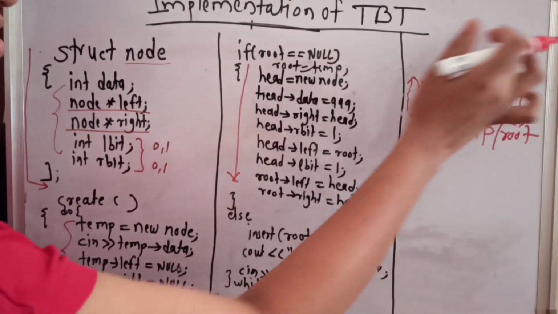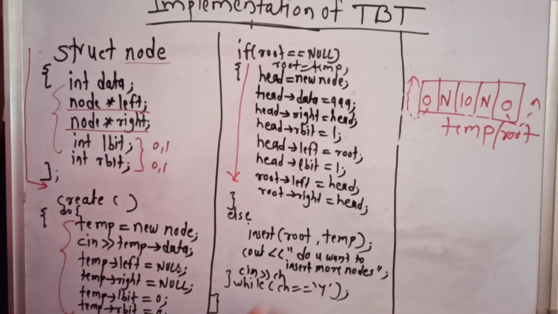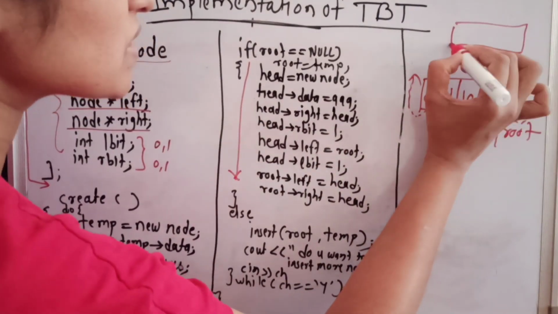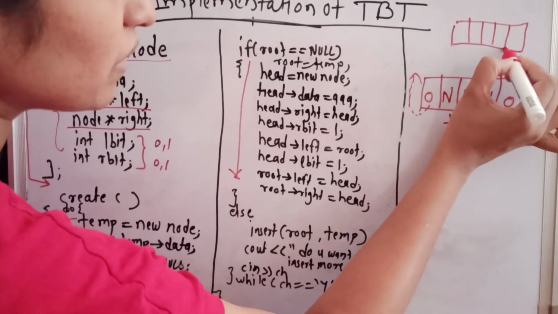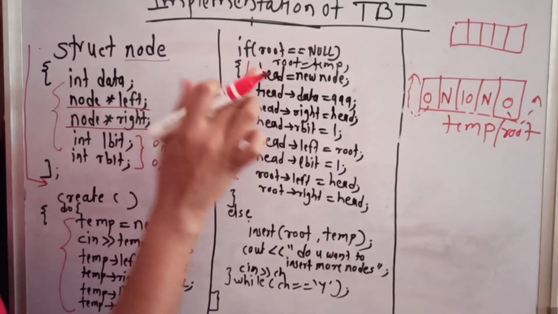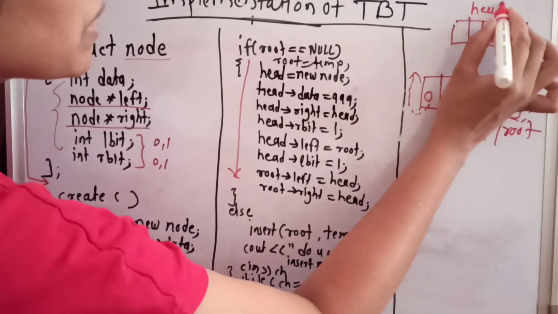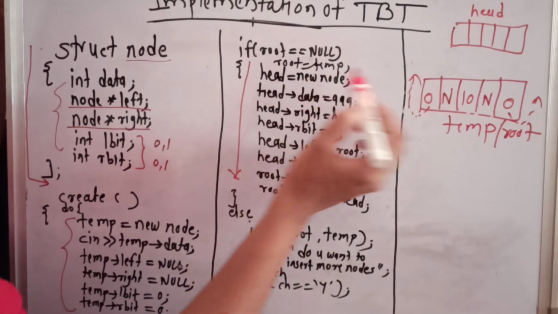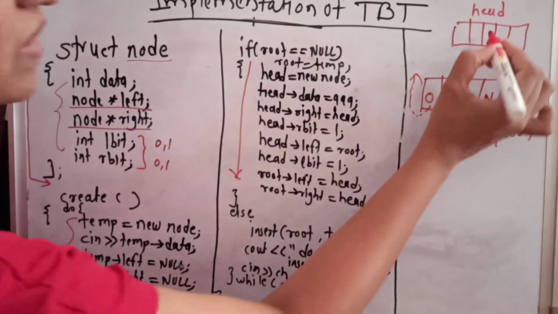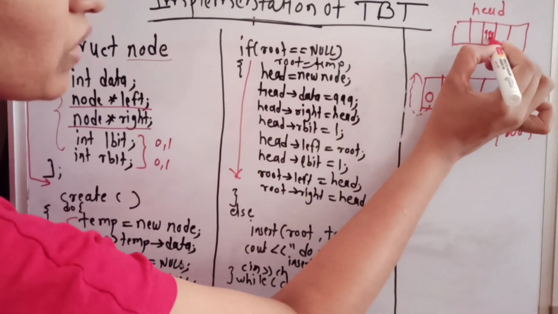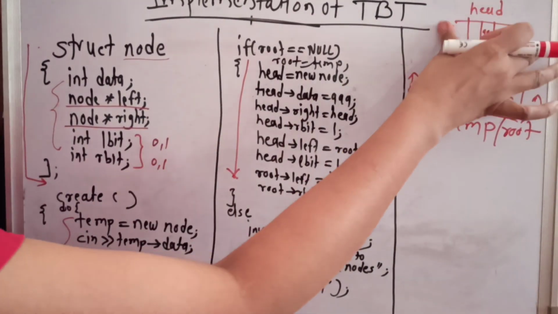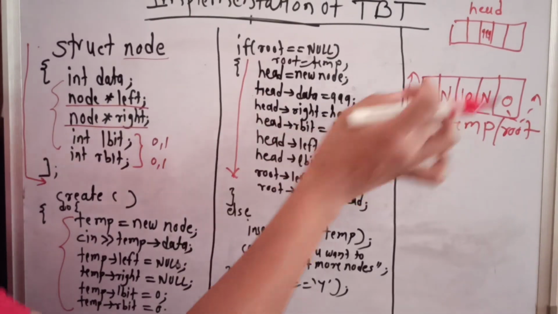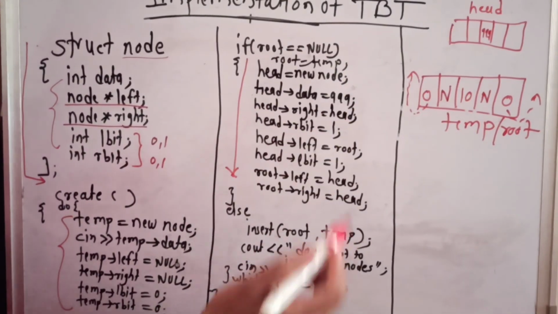So to set these threads, we have to take one dummy node here, or we can say the head node also, this way. So I have taken the name head, so I can call it the head node. I have written the statements head is equal to new node, head data is equal to 999. You can take any random data here. This is only the dummy node. It is acting like a dummy node only to set these dangling pointers. That is the only use of this head node.